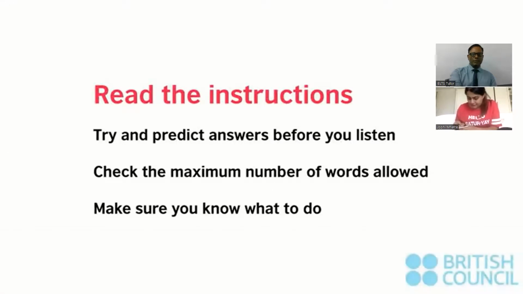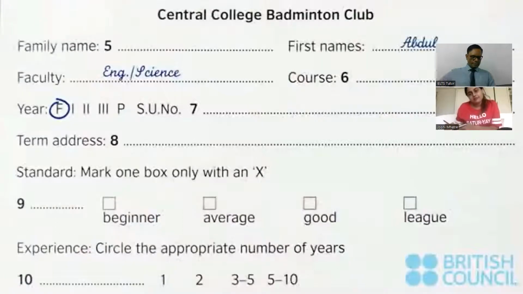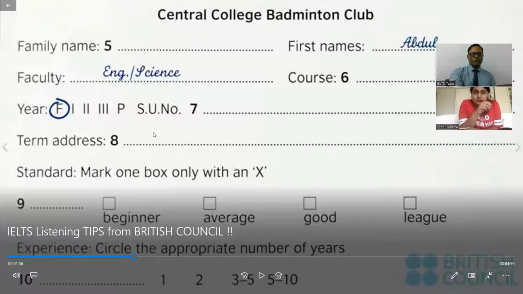Now see what they're showing, what they're speaking, and what they are explaining to you. See, I told you this also. When you're given the test, there's a little blip that lasts about 30 seconds that says, you will now have 30 seconds to look at questions 9 to 15. Anna Maria and Tom have persuaded Abdul to join the college badminton club. He is talking to the club secretary. As you listen, fill in the spaces 5 to 10 on the membership form. First, you have some time to look at the form. All right. When you're looking at the questions,